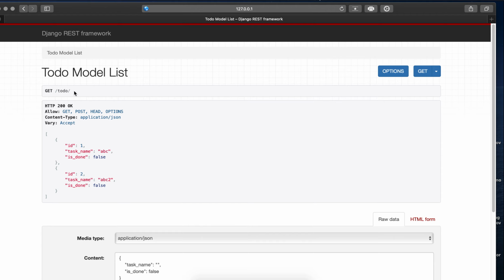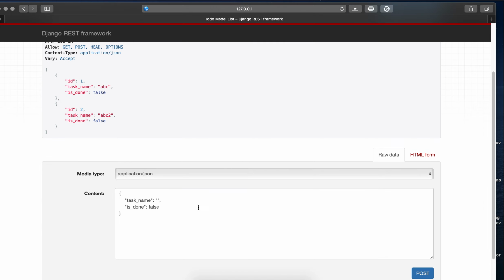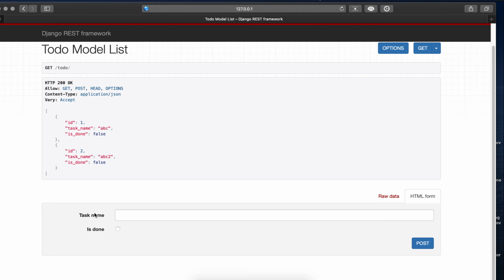If I add, suppose, one over here and then slash, it will give me a specific object, right? That is a more specific get request. And this is the post request which we're doing. So it provides an HTML form also.